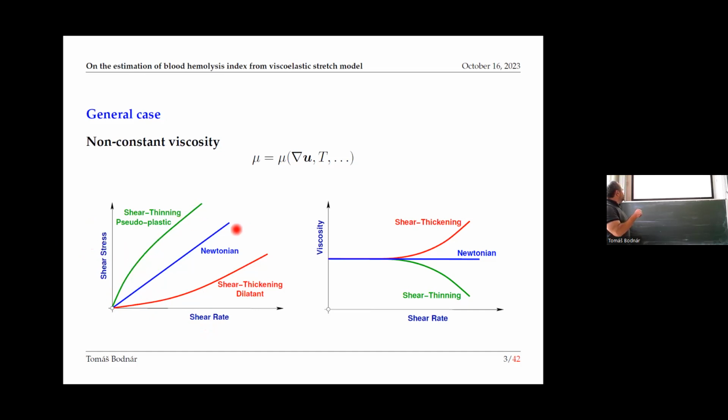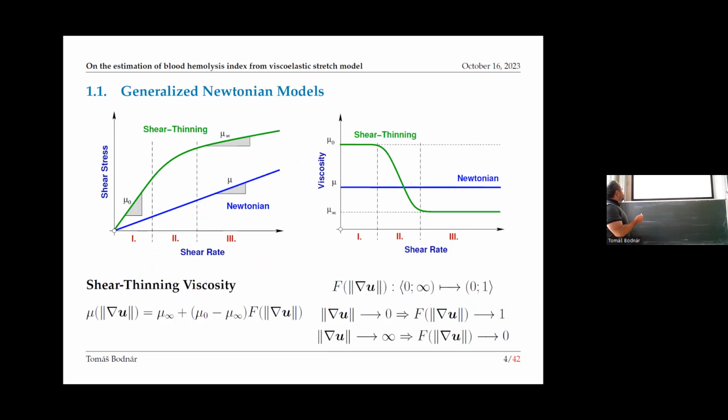possibly one of these curves, where for the Newtonian you have the constant slope, which corresponds to constant viscosity, independent of the shear rate, but for the shear thinning fluids, the stress versus shear rate curve looks much more like this. So if you translate it into slopes, you will get something that you can see here. So you start with the higher slopes or higher viscosity that will then decrease. Of course, for blood, it's